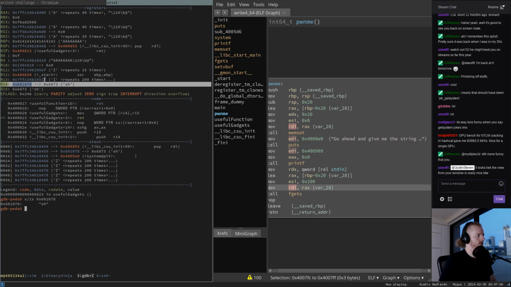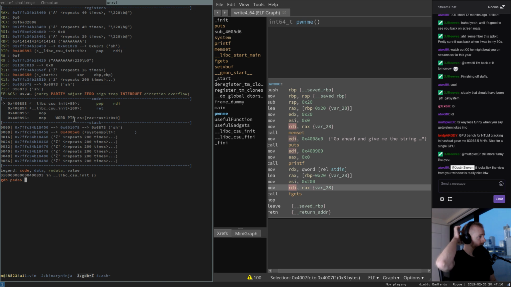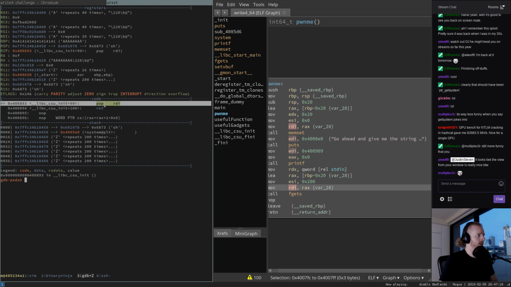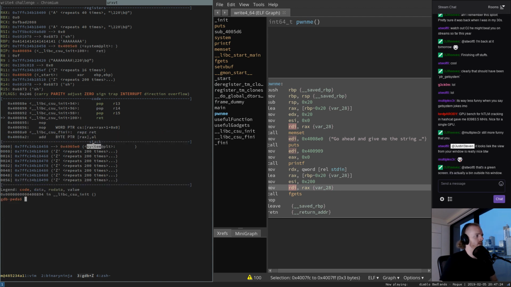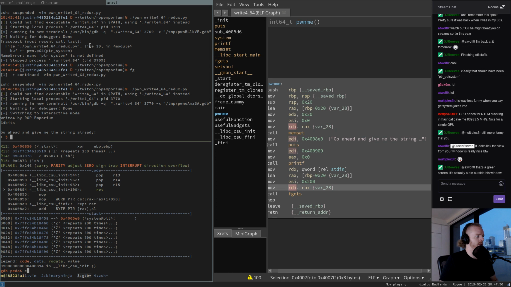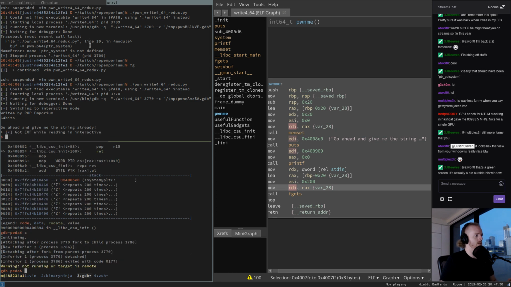Actually, you know what? Here it is. R14 is doing it beautifully. R14 now points at sh. So now we're going to do another ret, so we'll go next instruction. Now we're popping into RDI. We're going to pop the pointer to sh into RDI, and then we're going to ret to system at PLT. RDI points to the command we want to run, which is sh. So if we just let this run away on us,